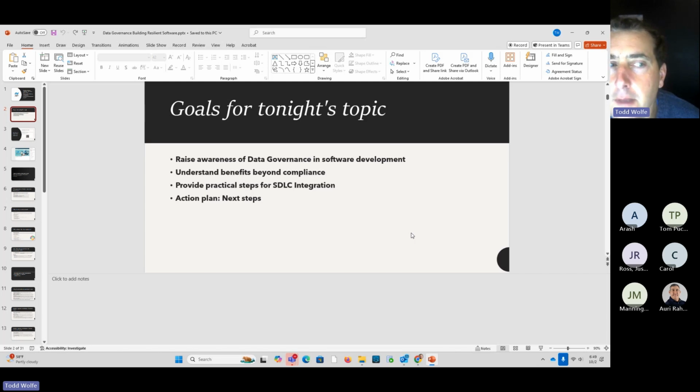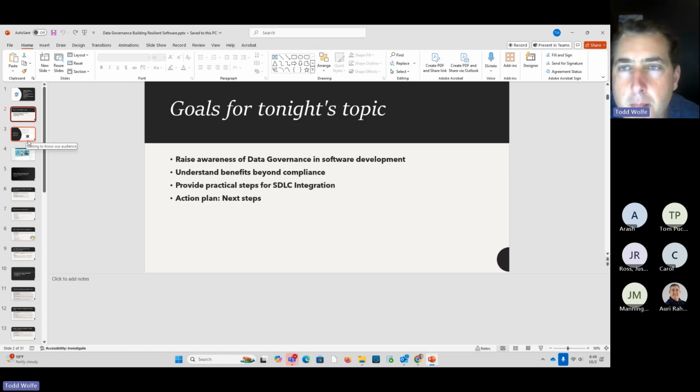I'm going to give you practical steps for integration into your SDLC processes and some things that you could be thinking about along the spectrum of your SDLC, regardless of the methodology that you use and work under. And then some next action plan steps that you can take back and consider. Where can you get started? How can you approach this and not be overwhelmed by it? Because just looking at data governance holistically, it's pretty broad and big and overarching, and it can be overwhelming if you're not currently doing it today, or you're not doing it in depth across your organizations or in your development processes.